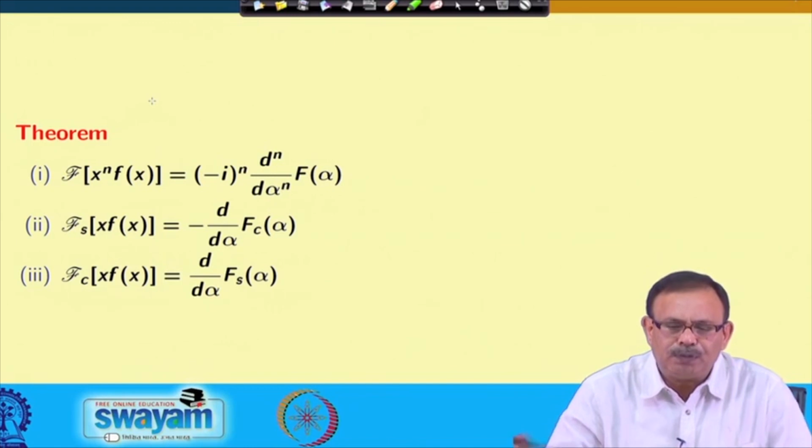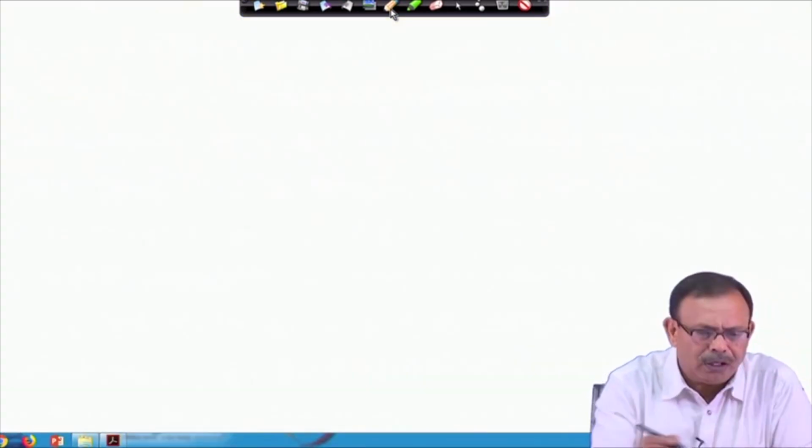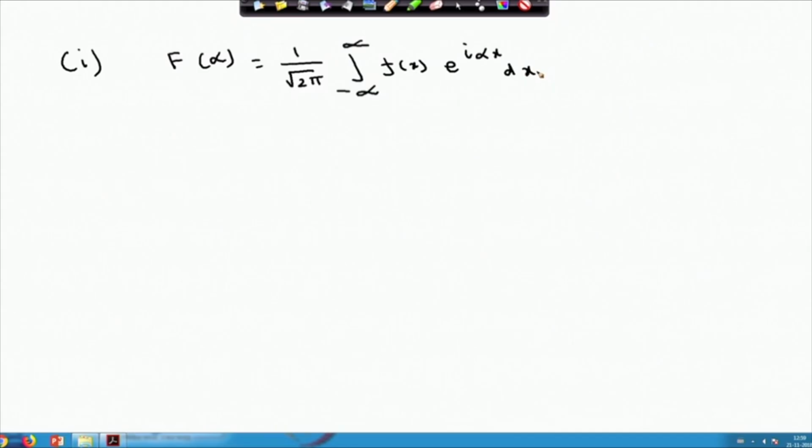Let us see the proof of the first one over here. Number 1, your F(alpha), we know from the definition, is 1 by root 2 pi, integral from minus infinity to infinity of f(x) into e to the power i alpha x dx. Therefore, from here, if I have to find d^n by d alpha^n of F(alpha),